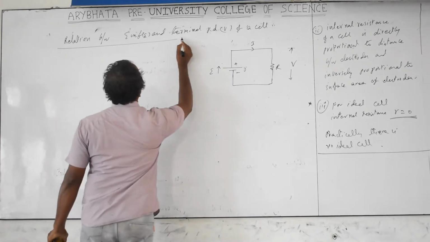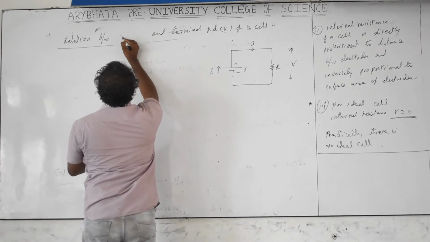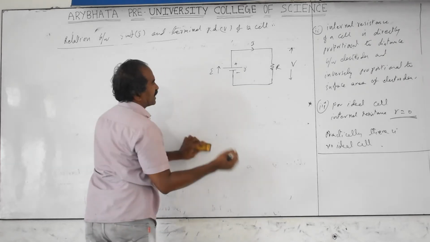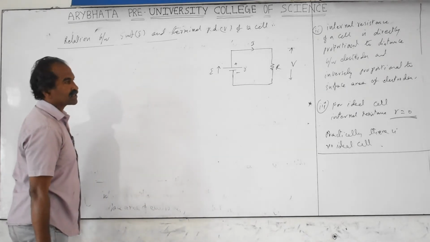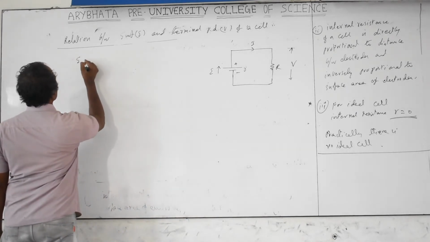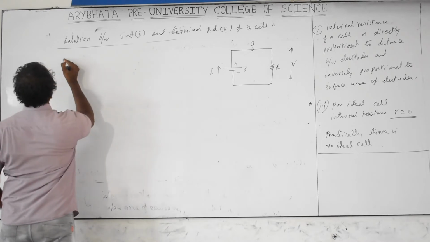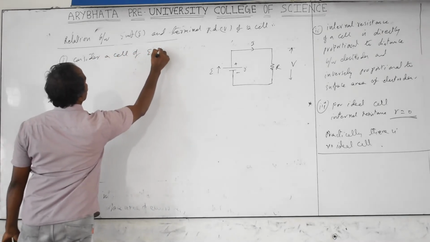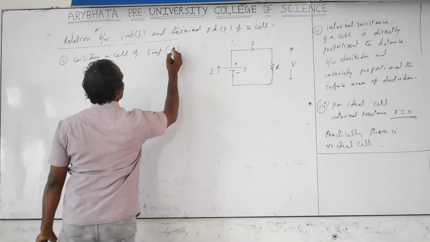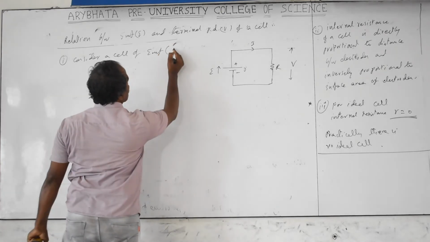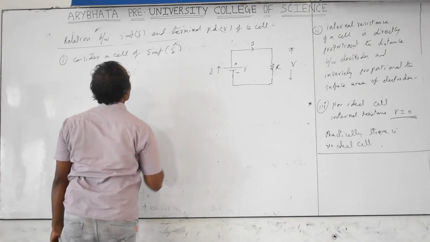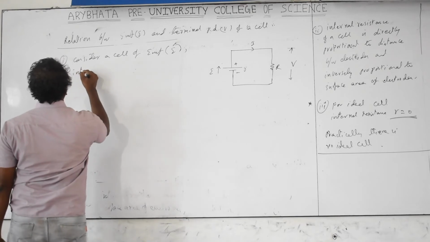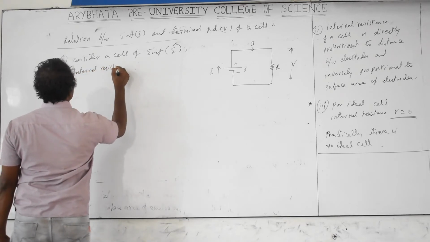Relation between EMF and terminal PD. The equation we wrote is to find this relation. This is the potential we are going to implement for the numericals and other options. Consider a cell of EMF E. You can take capital E also, that is your choice, but follow the same symbol. Consider a cell of EMF E, internal resistance r,